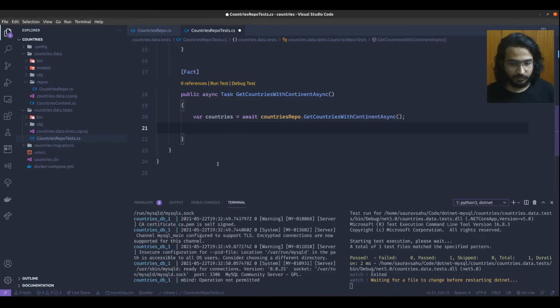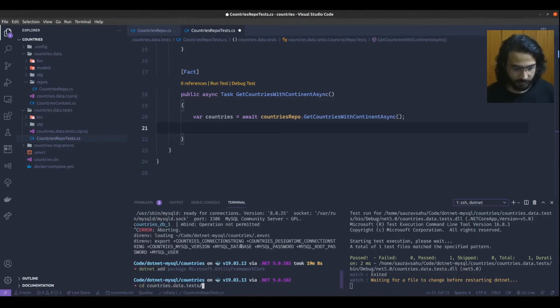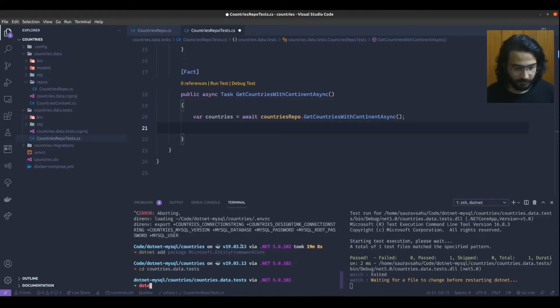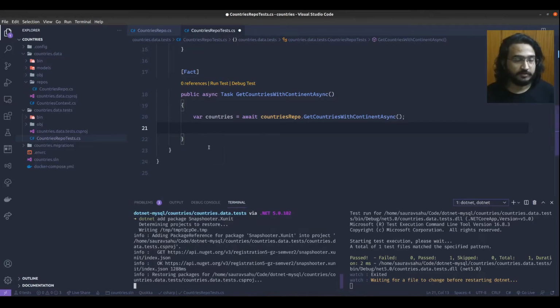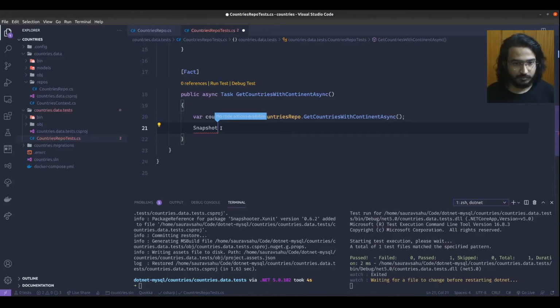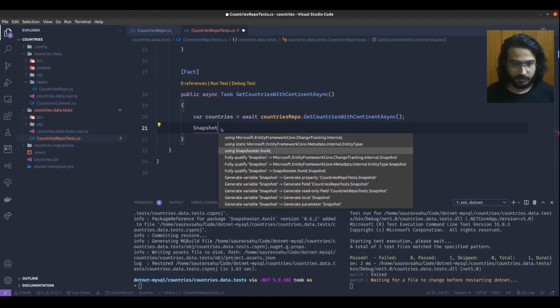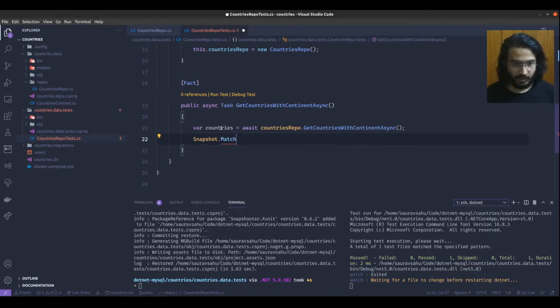So now to do the snapshot testing, I'm going to stop this. What I'm going to do is add this package in my test called Snapshooter.Xunit, and this will allow me to write snapshot tests. So wait for that to finish. So now if I do snapshot, which is using Snapshooter.Xunit dot Match, I can pass in a value, and that is what's going to be written in the snapshot